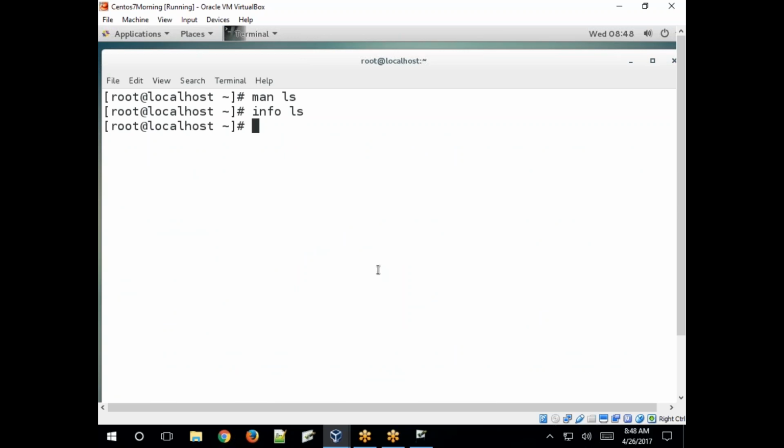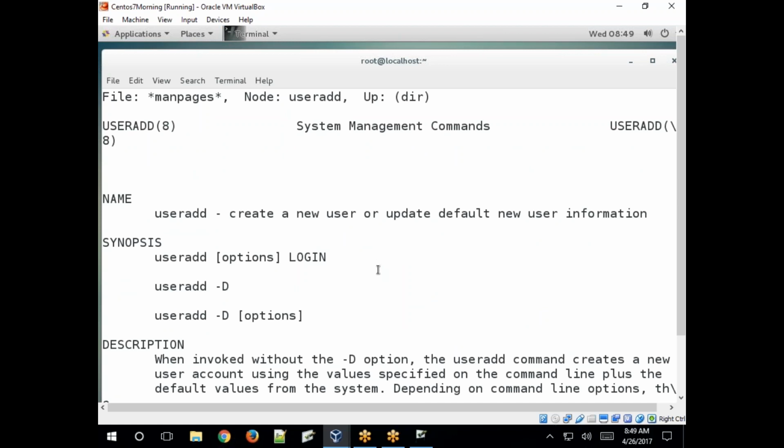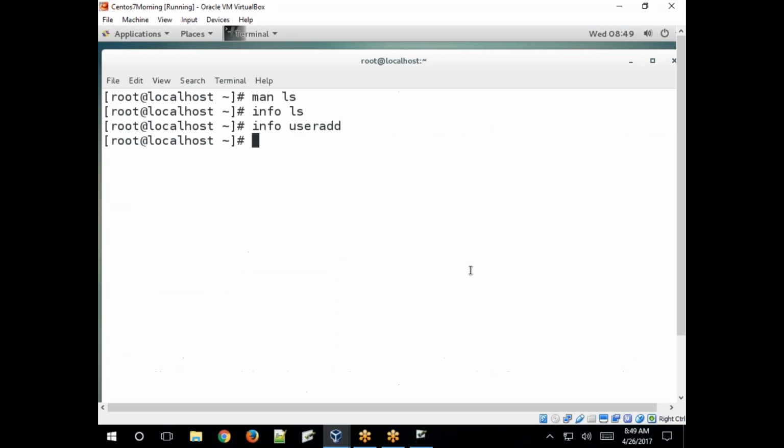So man and info. If you want to look up any command, say the command useradd, it shows useradd information. System management commands. See, create a new user or update default new user information. We'll see user administration. Okay, like this. man, then the command name, to know more about the command, like options, how to execute.